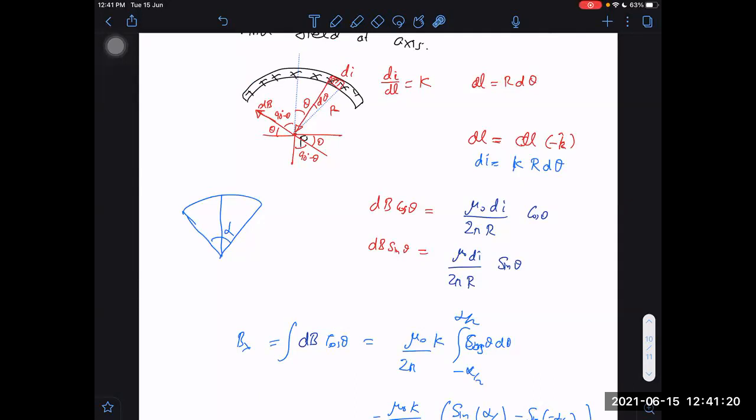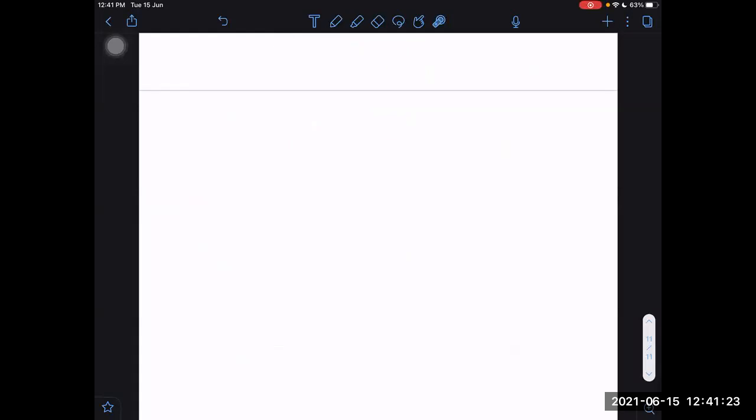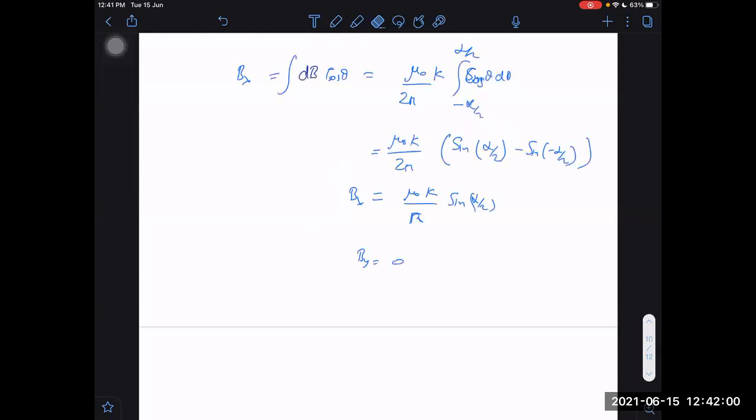If this confusion arises, which will cancel, which will not cancel, I have a very simple trick. Assume alpha is very small. If alpha is very small, it will appear like a single wire or not? For a single wire, you know already what the direction will be. If for a single wire it comes out to be this, the same will come out for this larger one also. It cannot be in the y-axis direction. It will be only along the x-axis direction. To understand this trick, how to find out quickly in which direction it will be cancelled and which direction it will not be cancelled: assume alpha to be small, you will get the answer very easily.